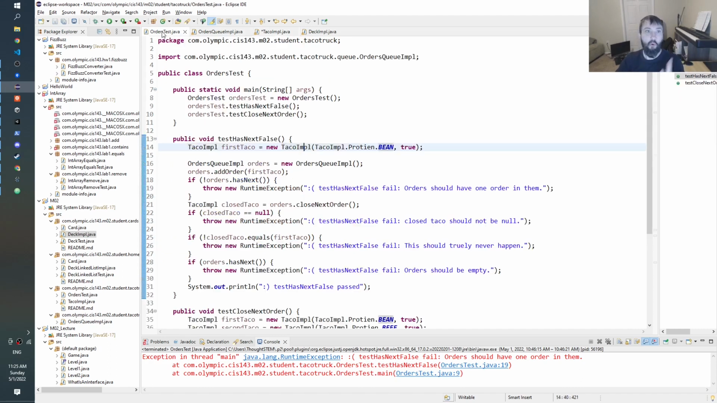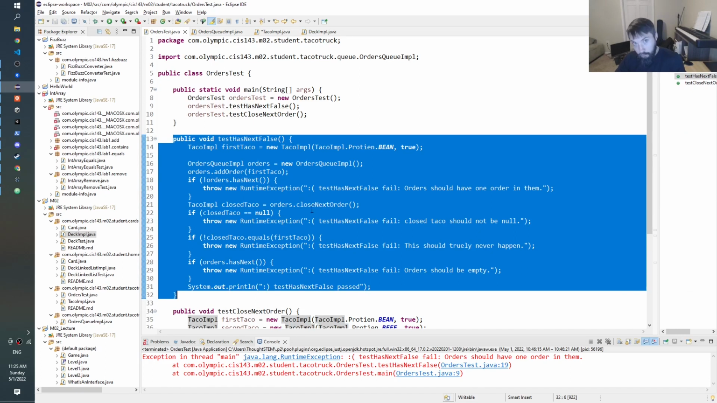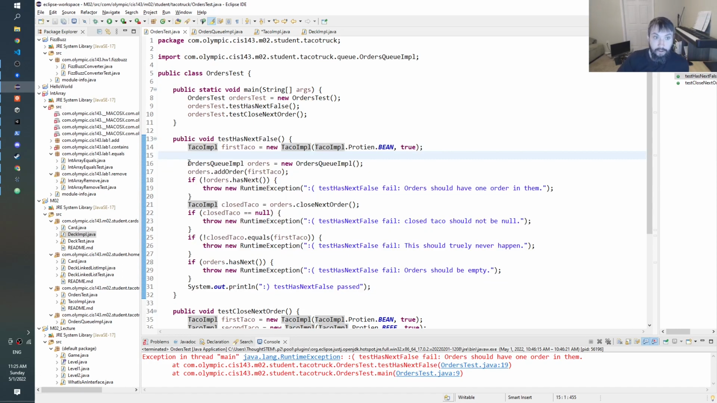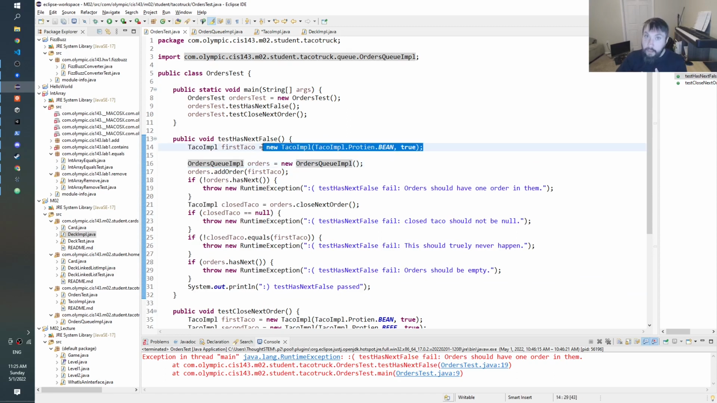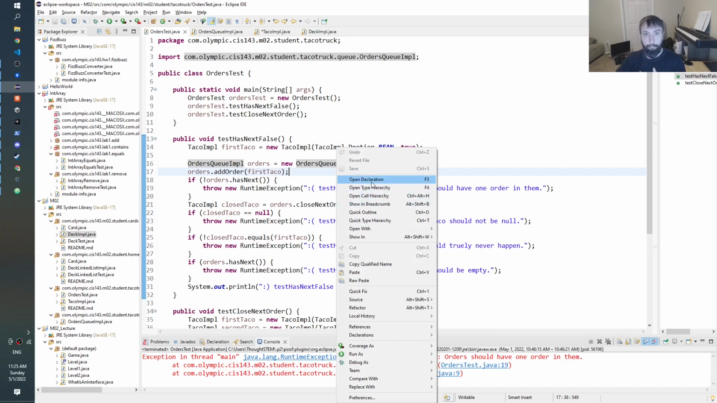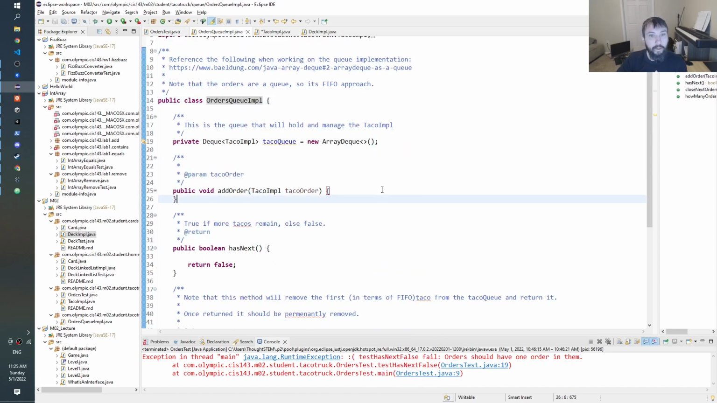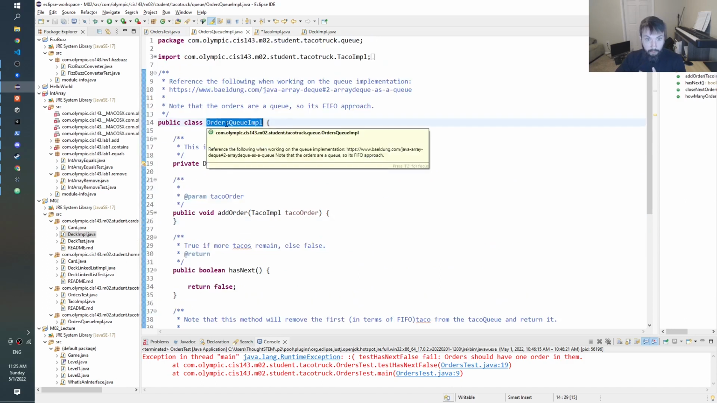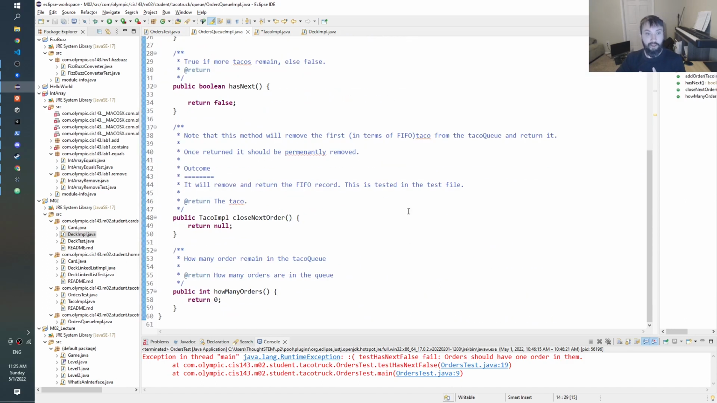Now let's go back to orders test, because all of that was just looking at this line. So this method is an algorithm that tests some qualities of order Q impl. And the first thing it does is construct some new data. So construct a new data structure, the new taco impl, and then it constructs an order Q impl. Let's head over to order Q impl. Open declaration. Actually, I have it right here. There we go. So this one is also doing a lot of data structuring,